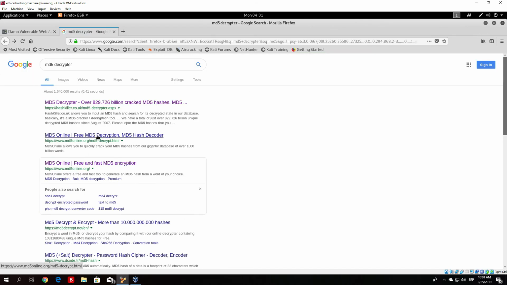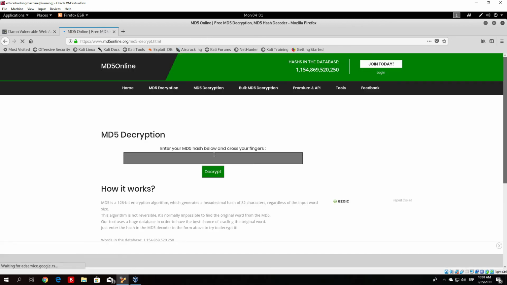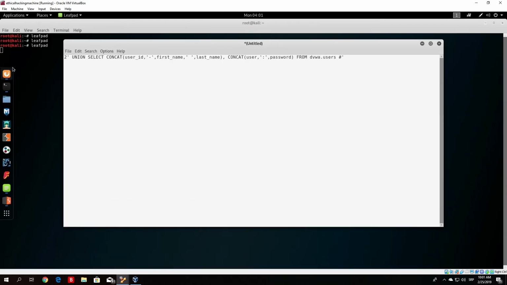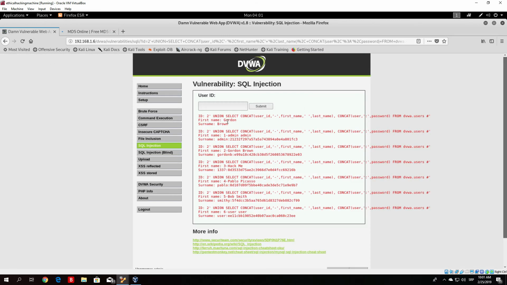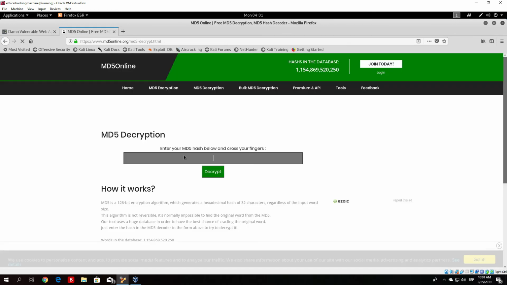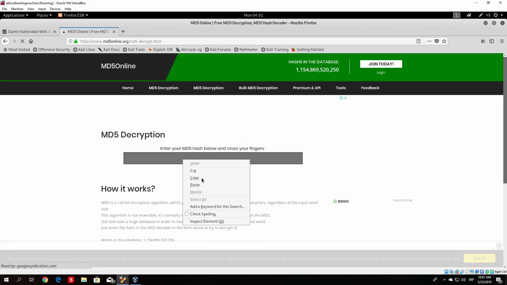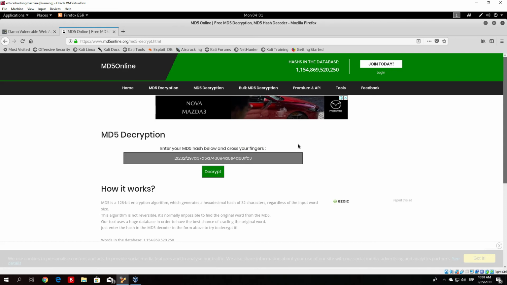I believe this is the same website. Yeah, it is. So we go to the MD5 online, free MD5 decryption, and here you just paste your hash password, and it will decrypt it if it is in the database. So let us go with the first one. Even though we already decrypted the first one and we said it was admin, let us just check that once again. So we copy, we paste it right here. So copy, paste, decrypt,